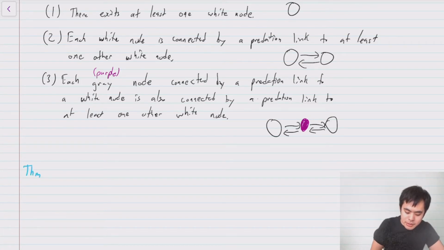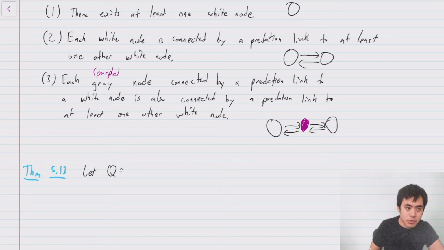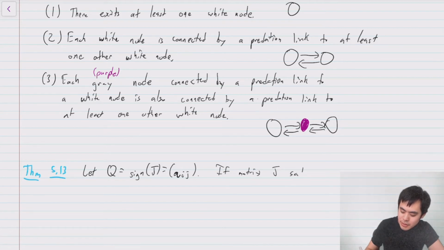And now let's give a theorem, and you should be careful because this theorem will say that if it fails the color test, then something is true. So we're going to let Q be equal to sign of J is equal to Q ij, so standard setup. If matrix J satisfies the 5 necessary conditions